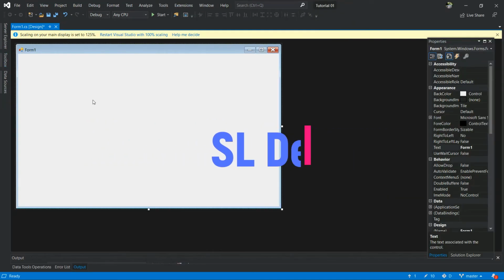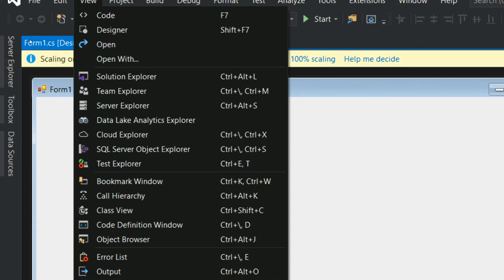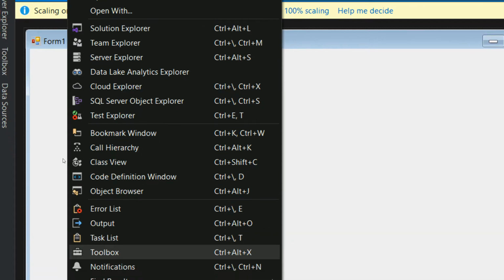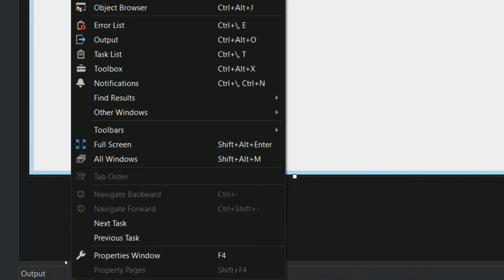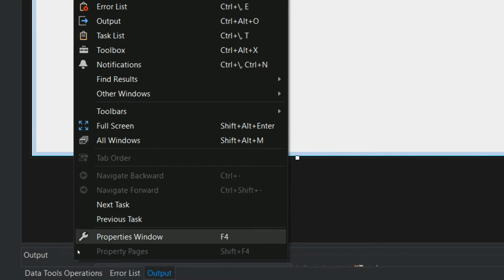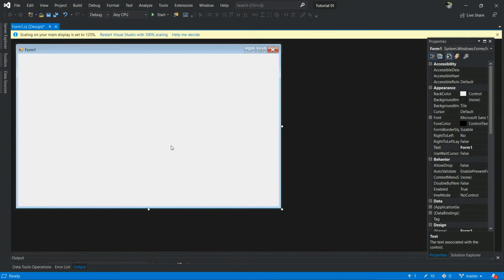If you can't see any one of these windows, you can go to View and then you can see the Solution Explorer, Toolbox and Properties windows. Now those things are okay.